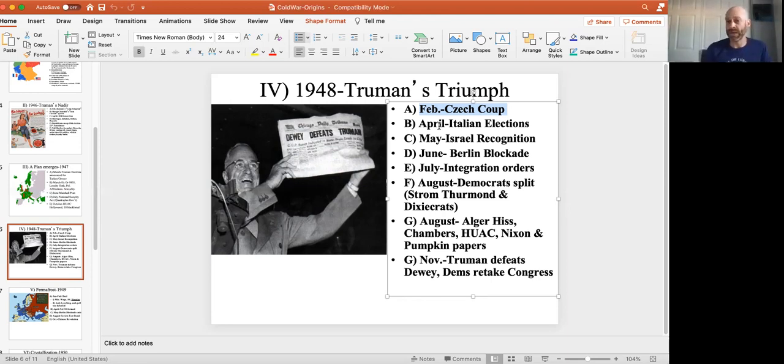This was brutal. This was ugly. It revealed to people that Stalin was still a dictator, even though he was an ally during World War II. It was all a temporary and convenient alliance, and this was awful. It was exactly 10 years after the Munich Agreement, when Czechoslovakia was sold out to Hitler.